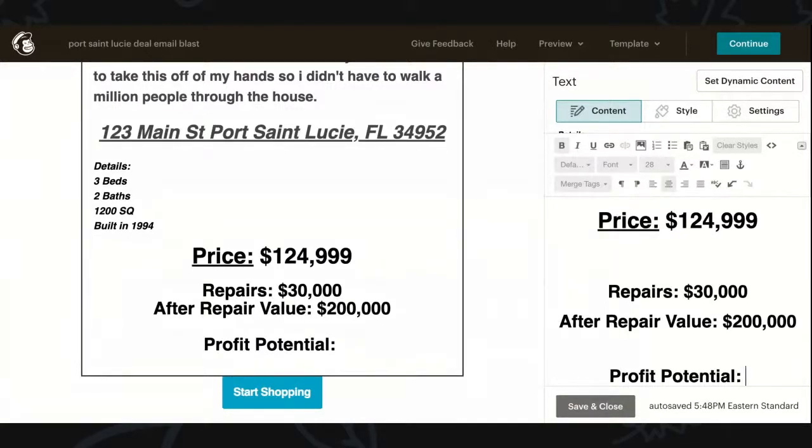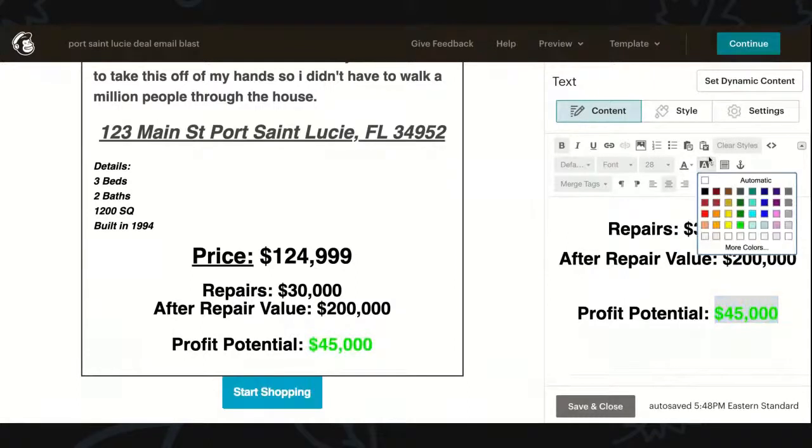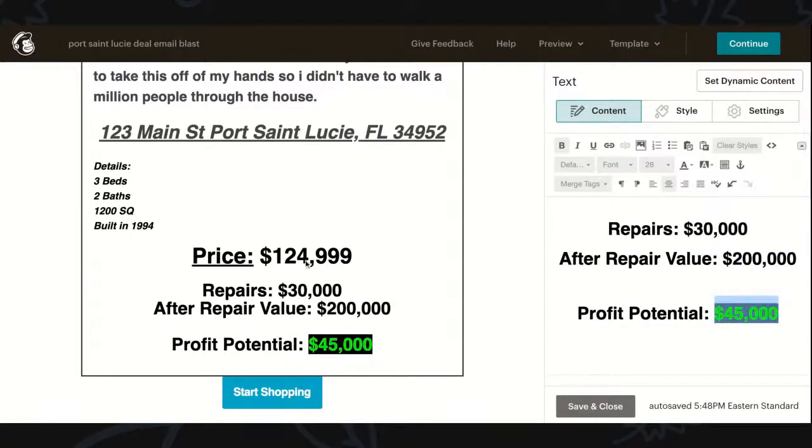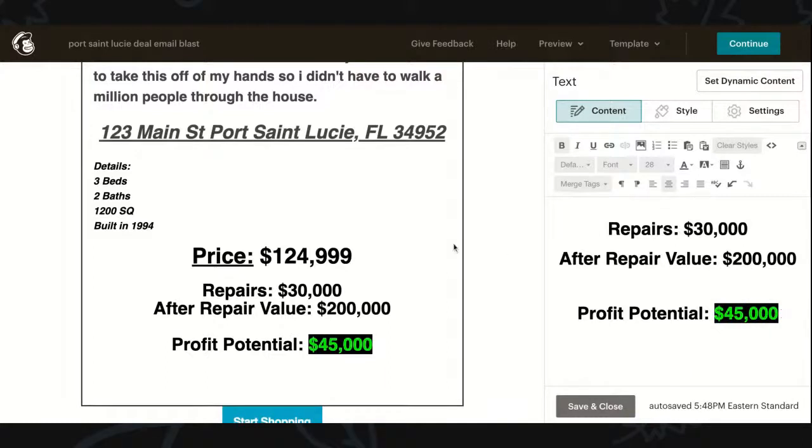I like to make it as attractive as possible, so you just put 45,000 on there, $45,000 profit potential. And what I do, if you're gonna do this, is make this one green, just for money. And then maybe I'll make this one black. Looks pretty cool, right? Again, I'm not a graphic designer here, guys. And that's it on that one.